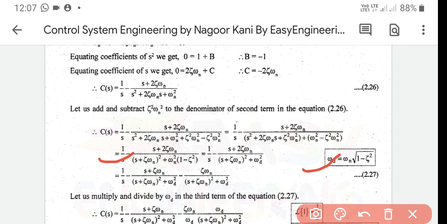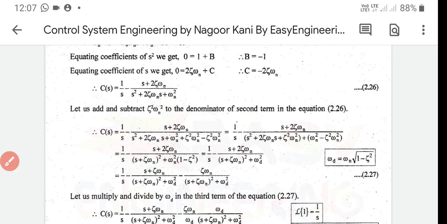Okay, removing the square root, squaring on both sides, what is the value? You can write omega d square as omega n square into 1 minus zeta square. So here omega n square into 1 minus zeta square is replaced with omega d square. Okay, so this is the formula after substituting omega d square. Okay, and after that, see here now,